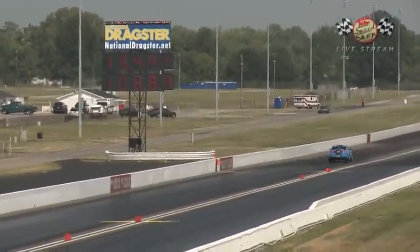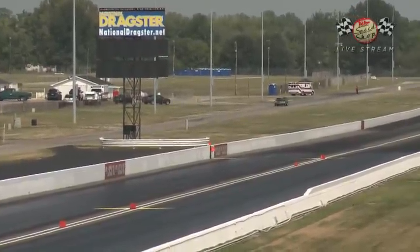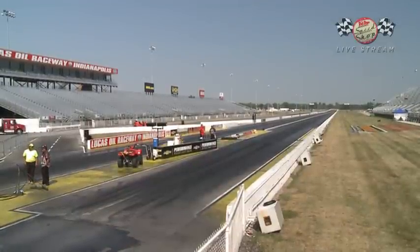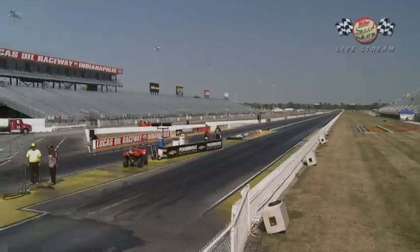And one more time for the Grabber Blue Mustang, 13:49 with a 2 at 108 miles an hour. As we are getting ready to close things out and get a move on to St. Louis. Now, yesterday, as I mentioned, it was blazing hot, and shockingly it's the same thing today. So the cooling systems will once again be...